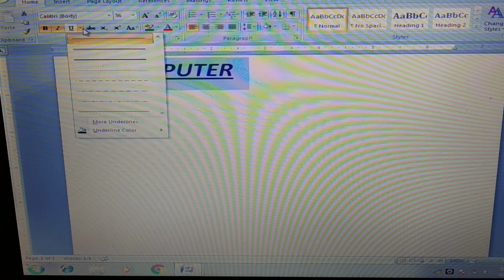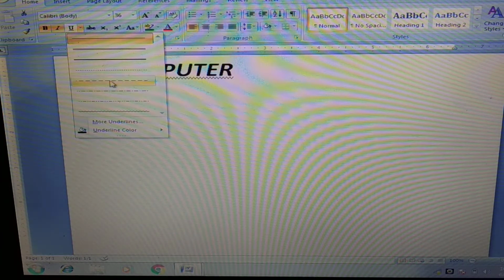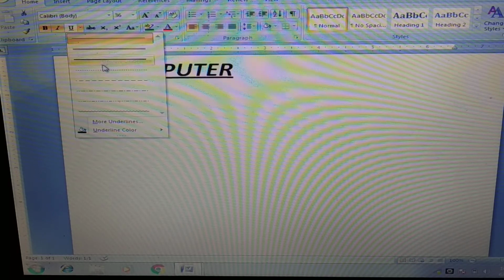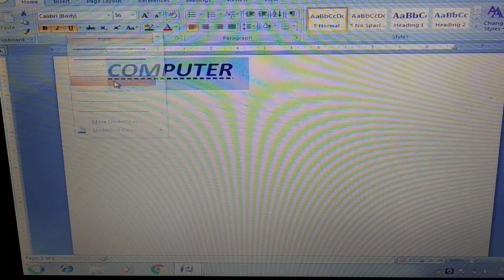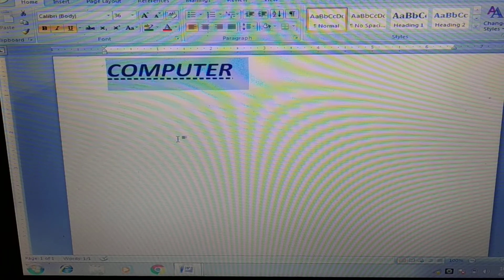You click on it. So many underline options are coming. Some dotted, some broken lines, double underline. If you want, you can put any underline of your choice and see the change. See, I have given the broken line and it comes like this.